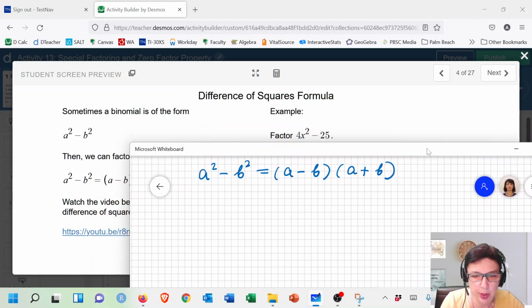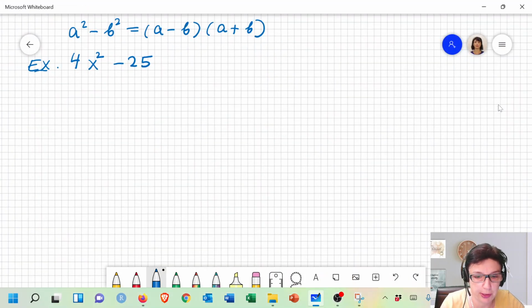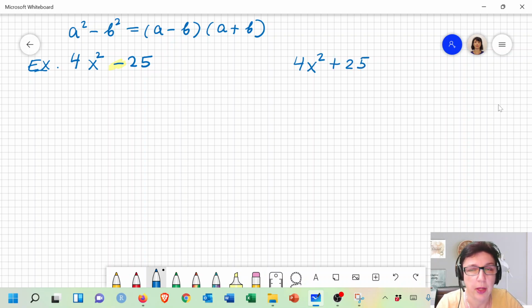So let's see if we can factor this example, which is a difference of squares, 4x squared minus 25. First you have to ask yourself, do I really have a difference? This confirms that it's a difference, it's a minus, and that's going to be very important, and you will be asked that. If somebody says, how about you factor something like 4x squared plus 25? Well, that is not a difference of squares, that's actually a sum of squares. And a sum of squares is not